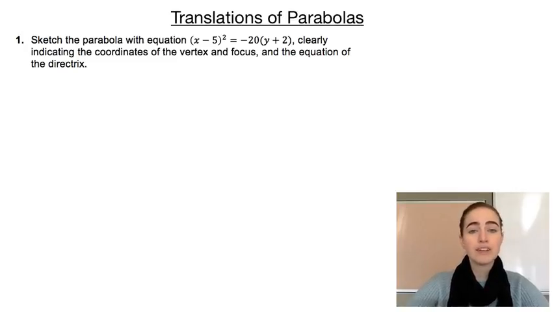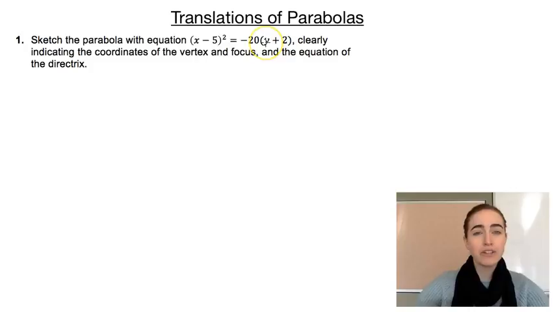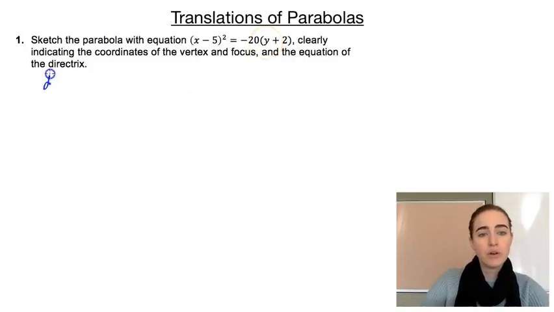So our first question asks us to sketch the parabola with the equation (x minus 5) all squared equals minus 20(y plus 2). And we want to clearly indicate the coordinates of the vertex, the focus, and the equation of the directrix. So the first thing we should be able to tell, comparing to our four standard equations,